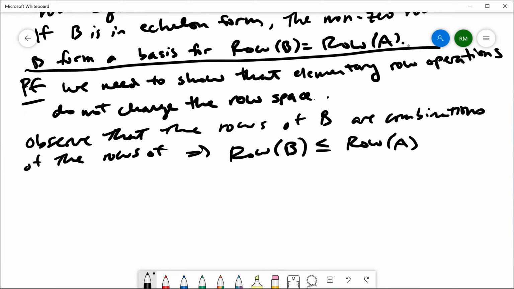I can produce all the rows of B from the rows of A. However,